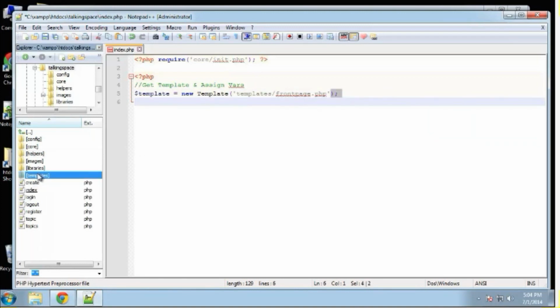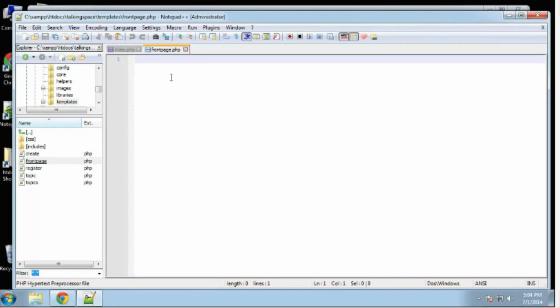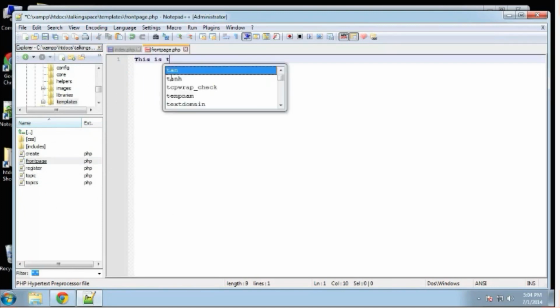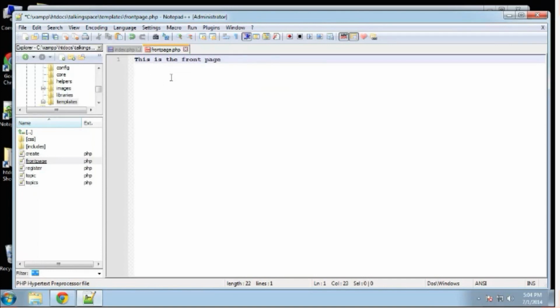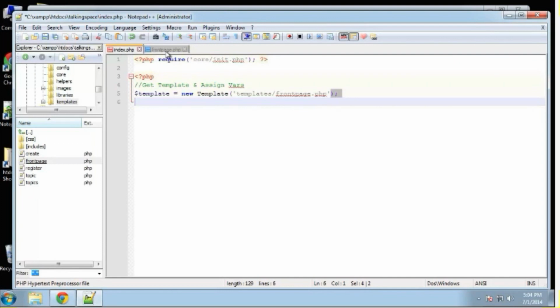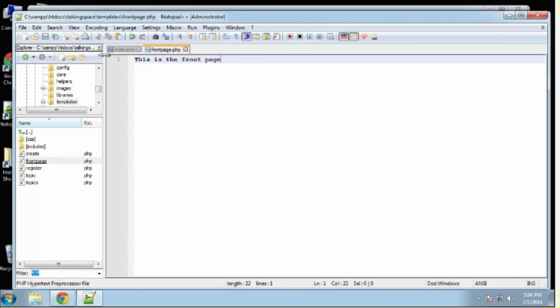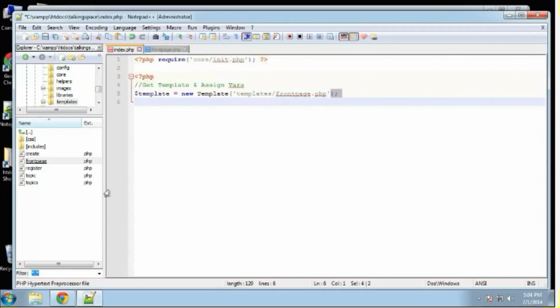If I go into the templates folder, we have right here, front page. So I'm going to open that, and I'm just going to type in, this is the front page. Save that. Of course, it can be HTML. That's why this is just HTML. It's not going to be PHP because I don't have a PHP block. And then all we need to do here is